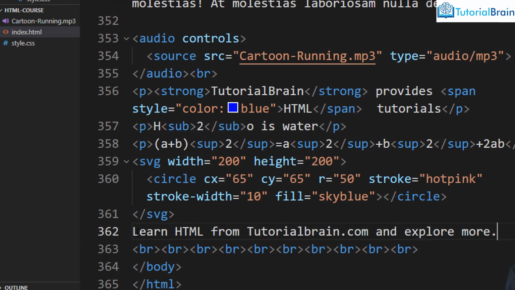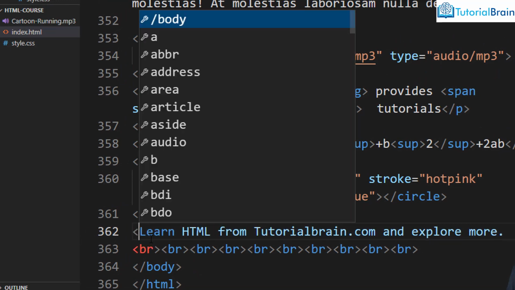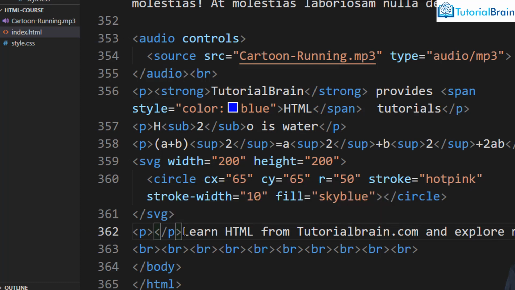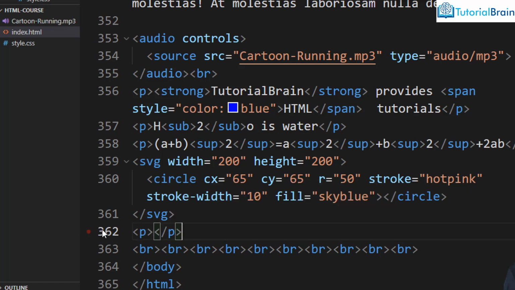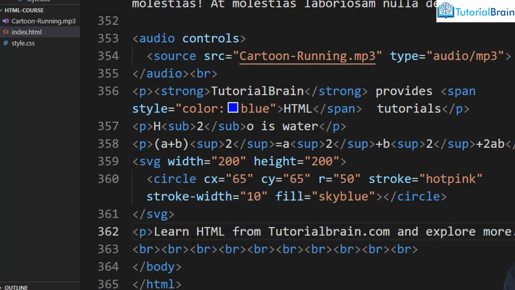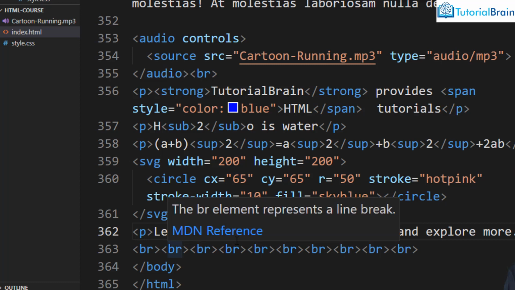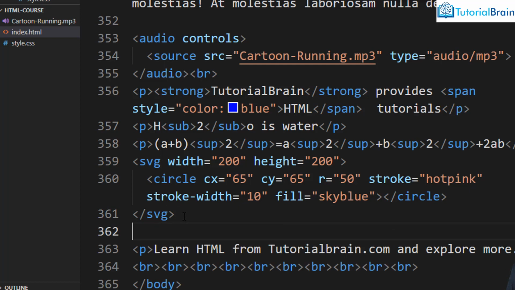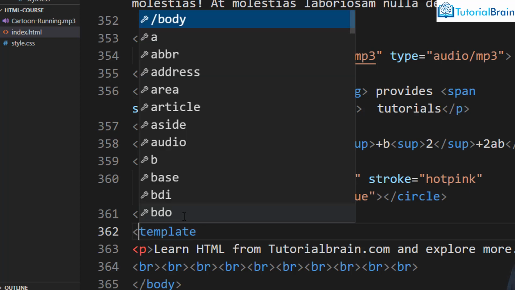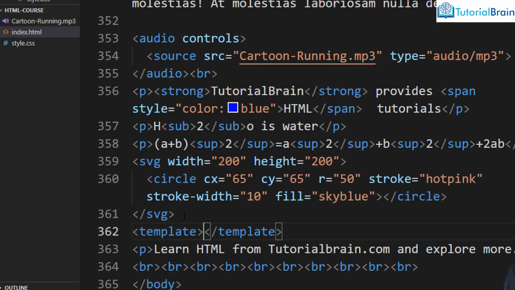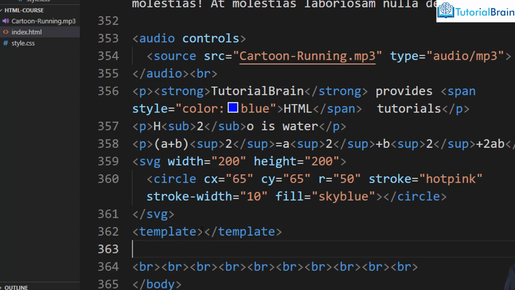And if I keep this inside the p tag, let me copy everything, put it inside the p tag, and now what I can do is put everything inside the template. If I just give template, and inside this template I'll put this particular paragraph tag,